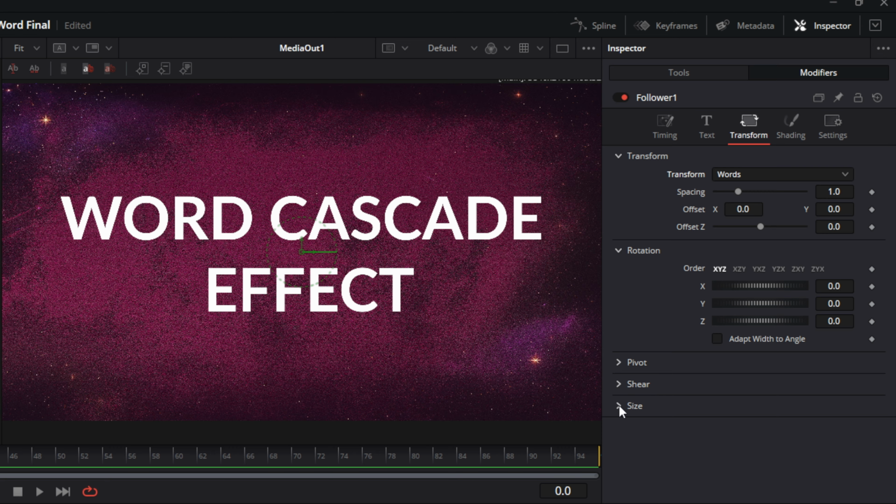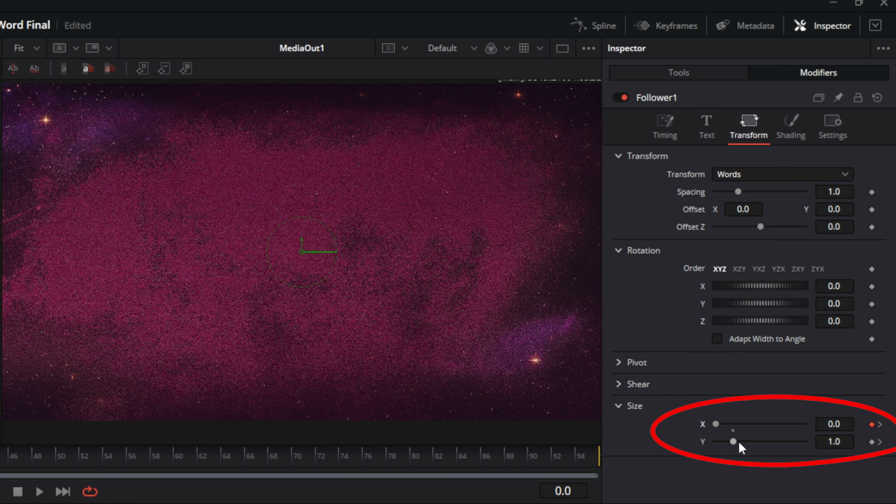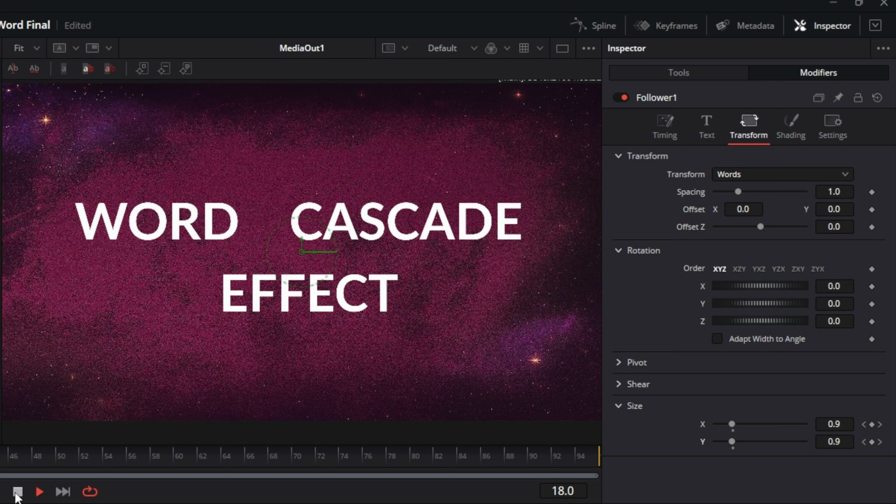We are now going to also, while we're here, make this animated. So we're going to take our size, and move your playhead to where you want it. In this case, we're going to move our playhead to about frame 20. We're going to make a keyframe for both X and Y. And with those keyframes made, we're now going to drop our playhead on the keyframe at 0. So we're going to bring X all the way down to 0 and Y all the way down to 0. If you were to play this back, you will see the words just kind of pop up,